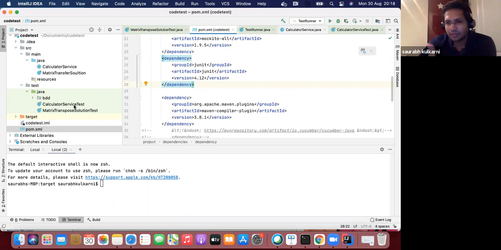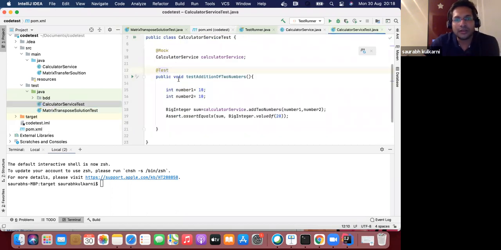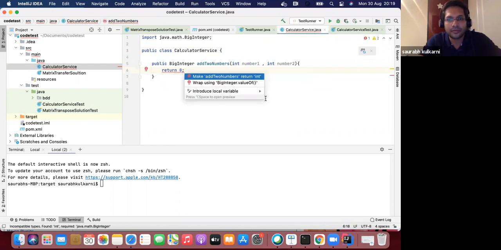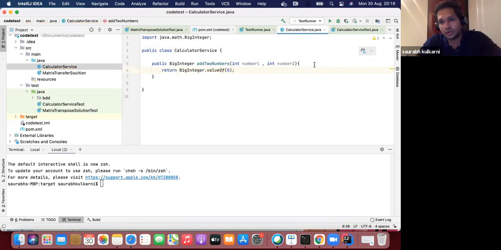Now I have a user story in front of me. I want to write the test case for that. So I have gone into the code base now. Assume that I have not written the code to pass this. So I have just written something empty here. I'm just returning 0 because I have not written the code.